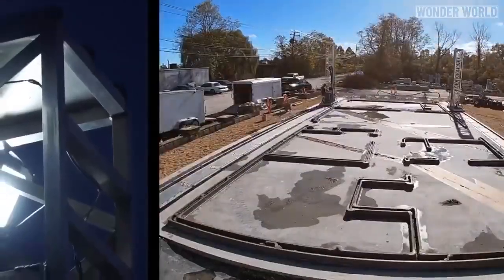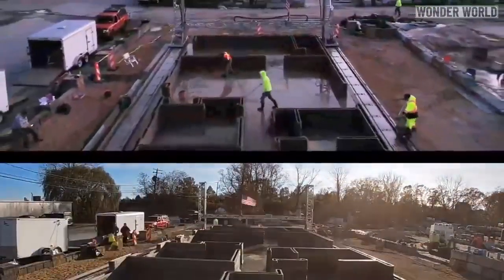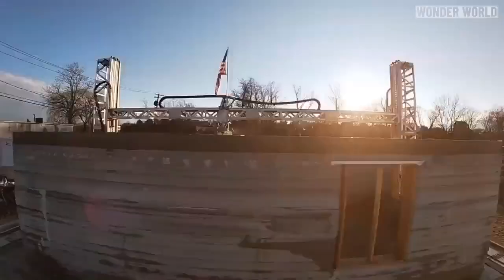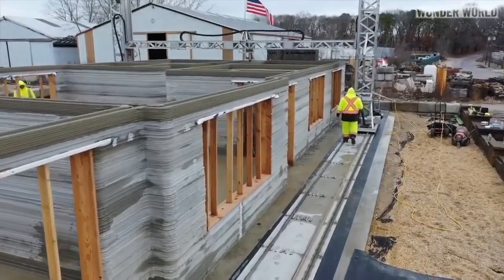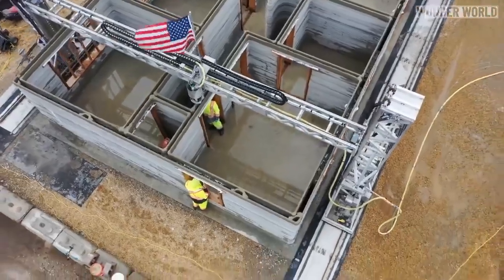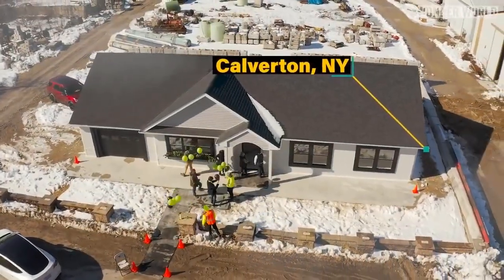There are many benefits to automating the construction of homes, including build speed and time on the job site. There is also added benefit of knowing exactly how much material is needed and extruding only that amount, radically reducing construction waste and lowering overall cost. So to give you an idea of savings, the 3D printed house is built